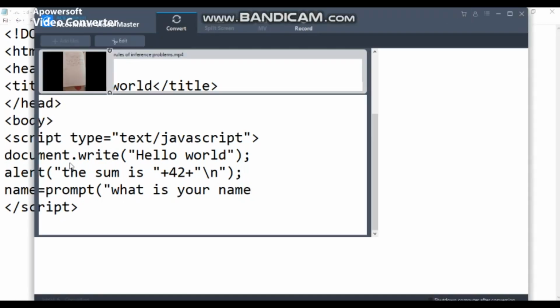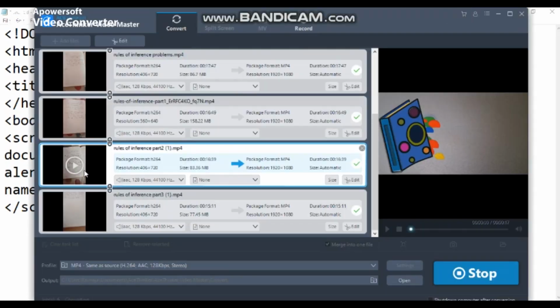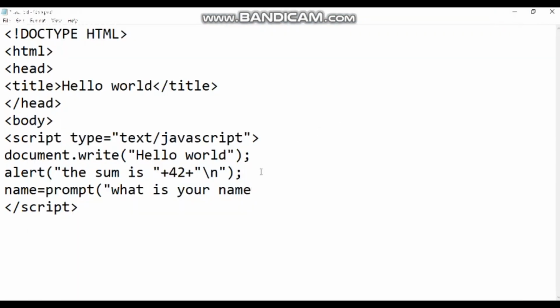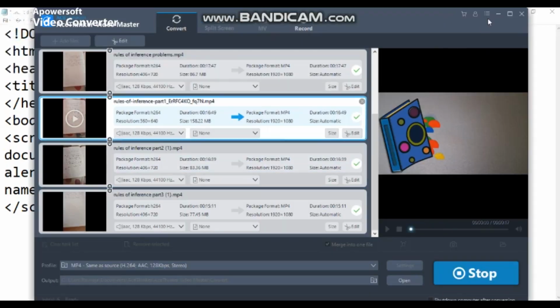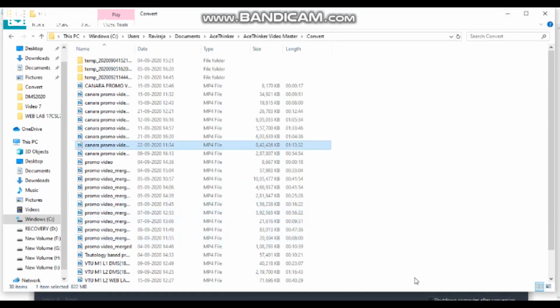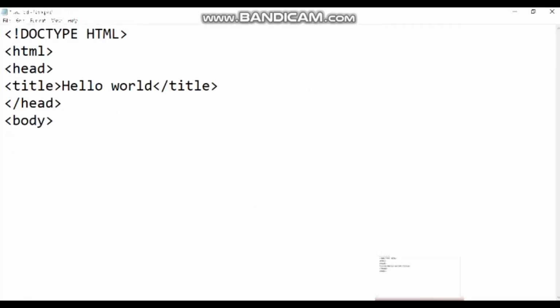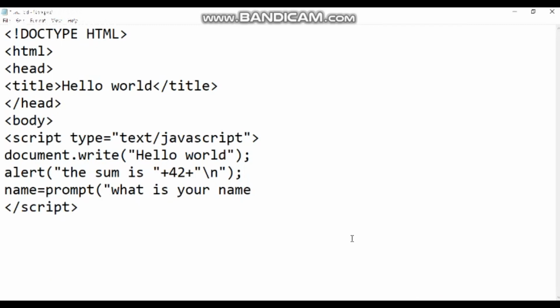You can see this result, this message being displayed. So you'll have a dialog box wherein you will enter your name.